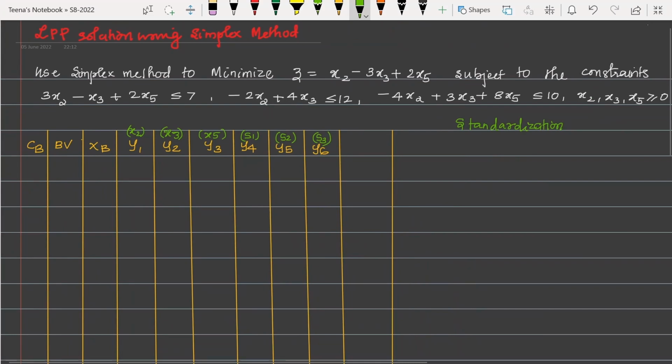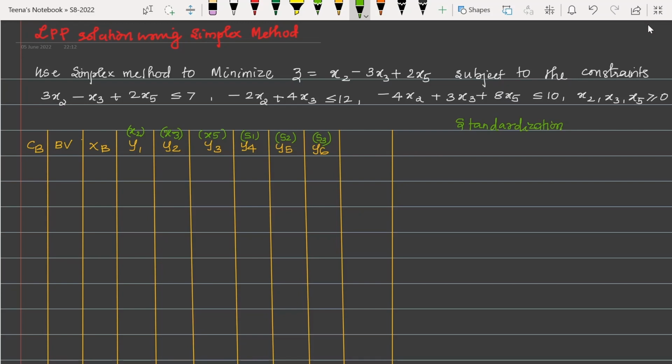Let us discuss a problem of linear programming. Let us discuss a linear programming problem solution using simplex method. So here the question is to minimize z equal to x2 minus 3x3 plus 2x5 subject to the constraints 3x2